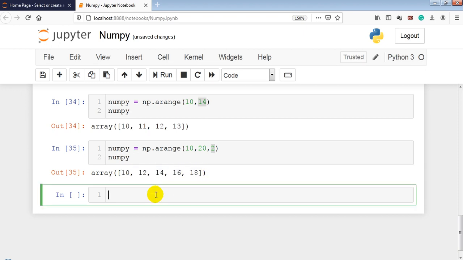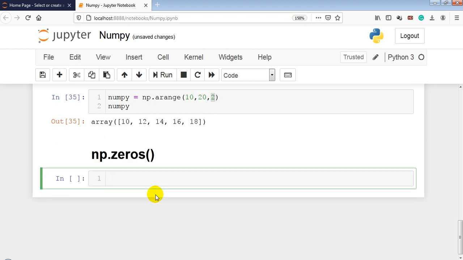Now another function to create the ND array: np.zeros. Let me write first numpy is equal to np.zeros.